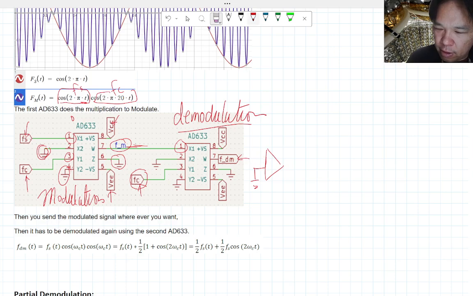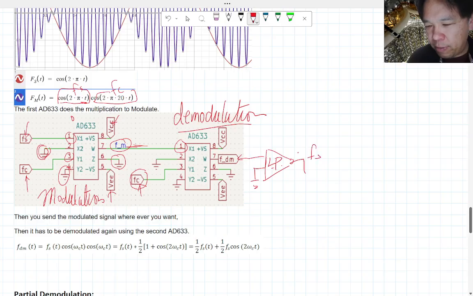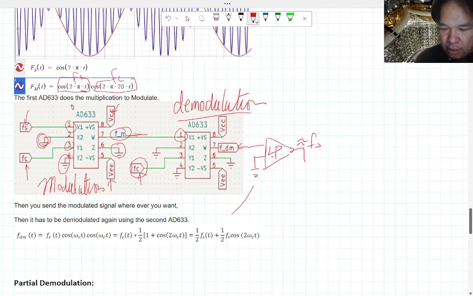I'm not going to try to remember exactly which order to put the capacitor versus the resistor. But you want to put this through a low pass filter, and this will be basically proportional to what your signal is going to be. Okay. So as I noted on the theory side of the lecture, this works because